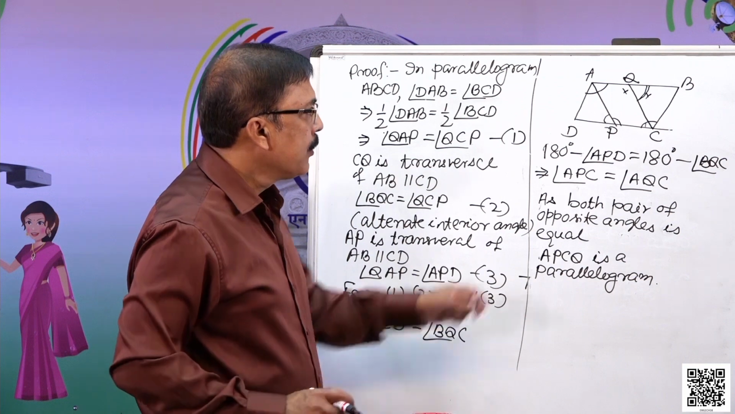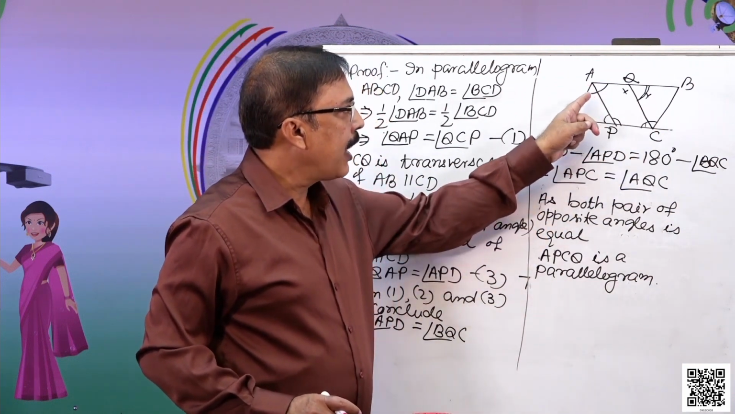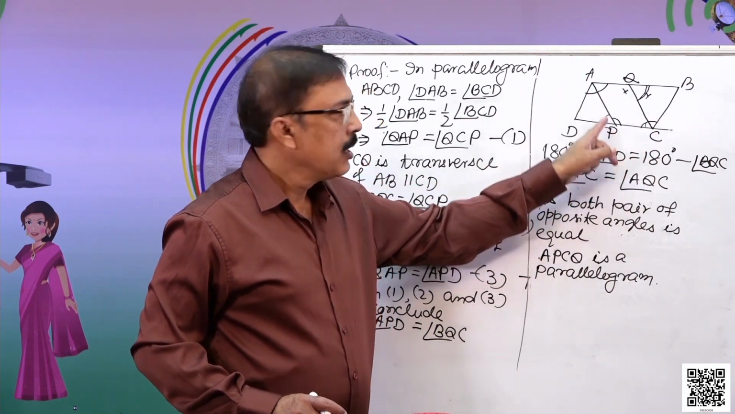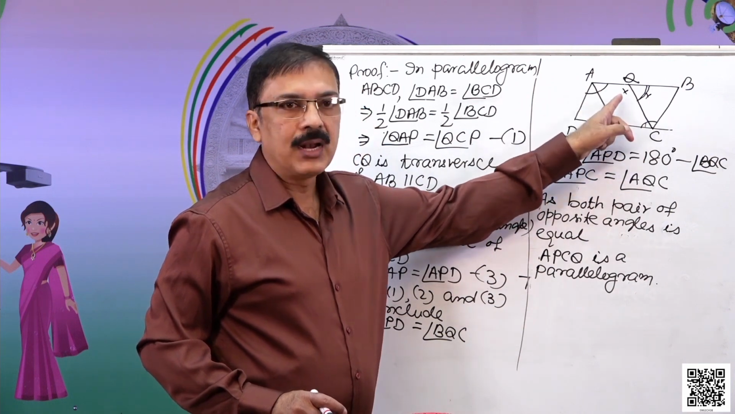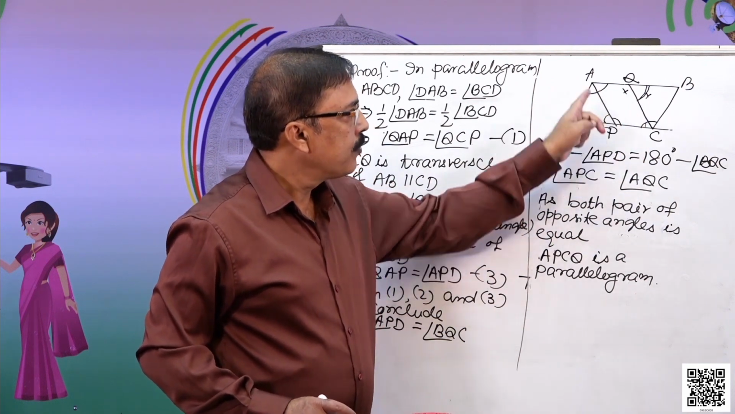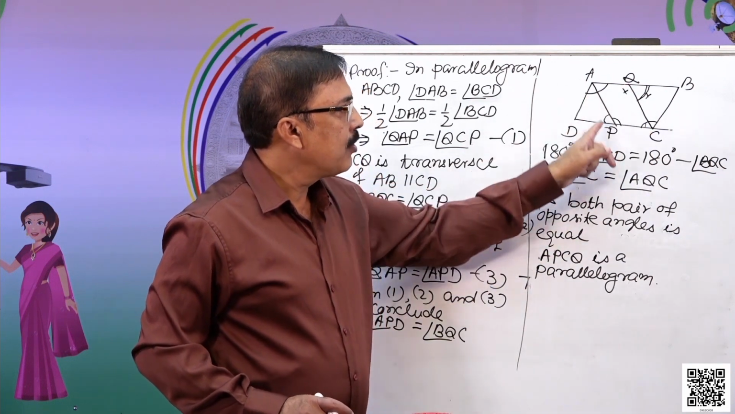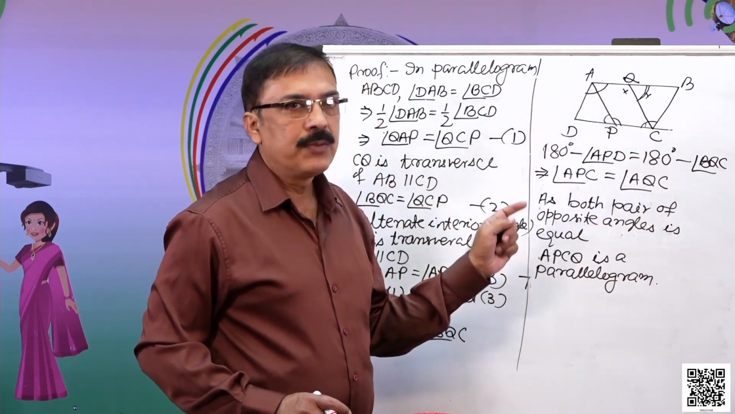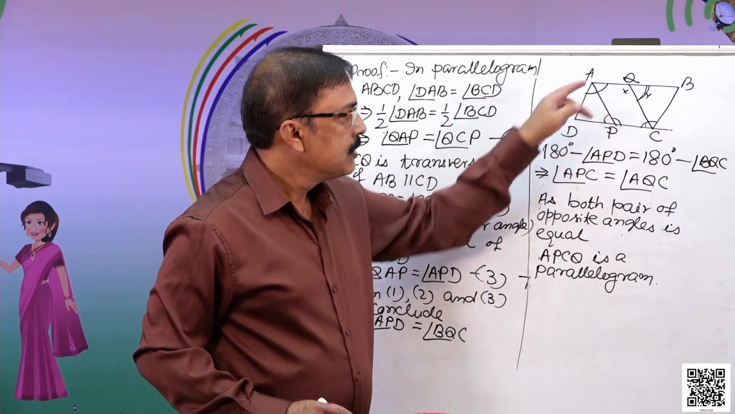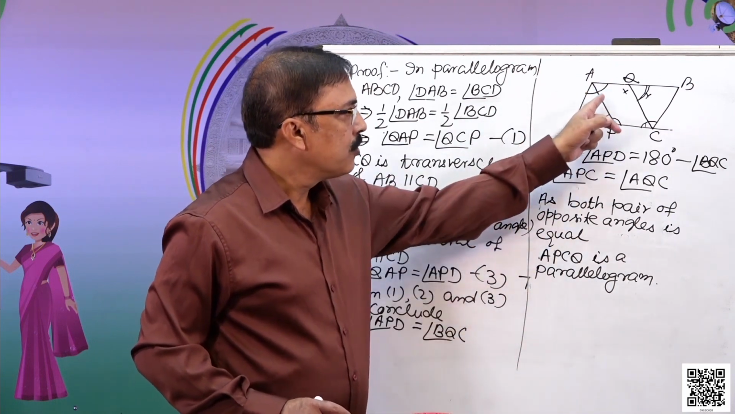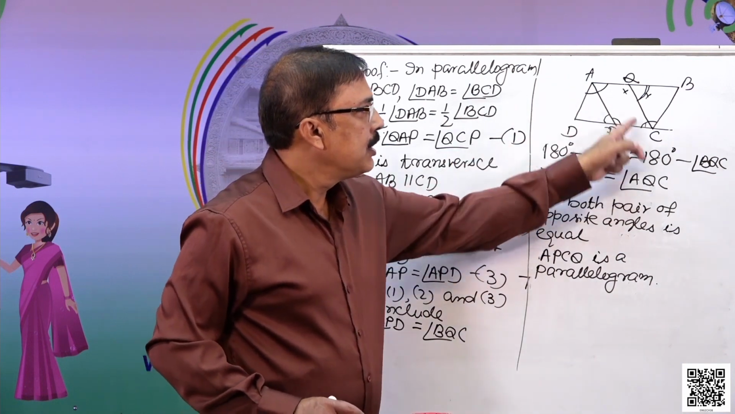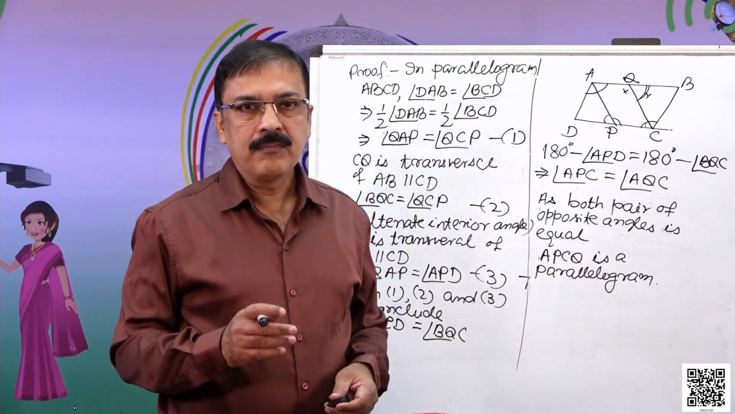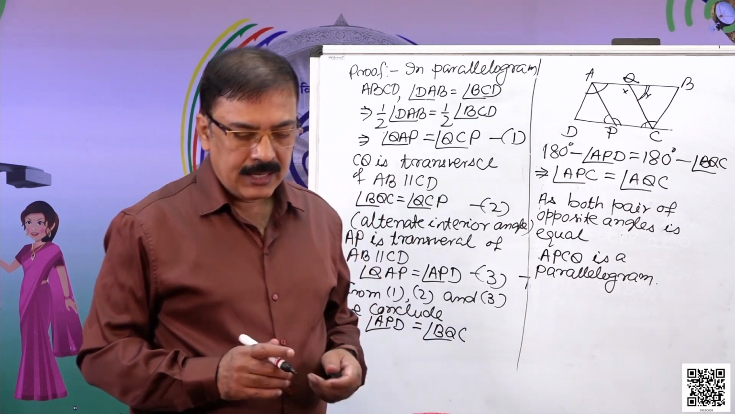Let me explain again. Here in this figure, we proved that angle QAP is equal to angle QCP. These two are opposite angles of this quadrilateral. Again, we also proved that angle AQC is equal to angle APC, which are also opposite angles of the quadrilateral AQCP. So as both pairs of opposite angles are equal, we can say that APCQ is a parallelogram, as we proved in the theorem earlier. Let's see another